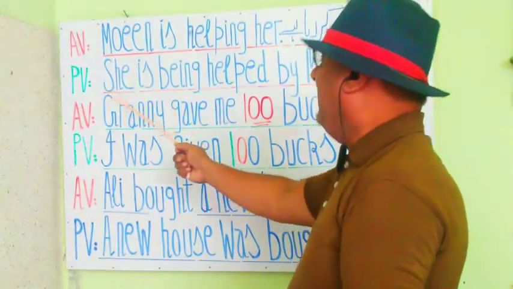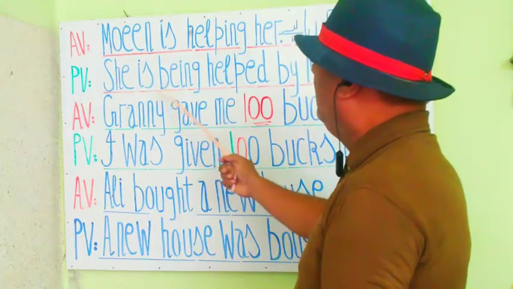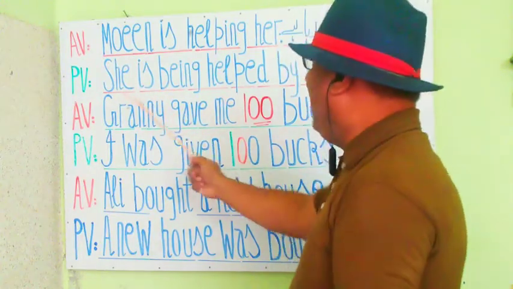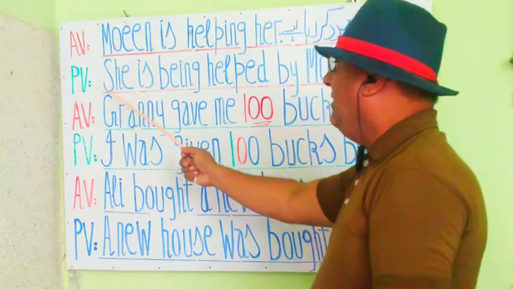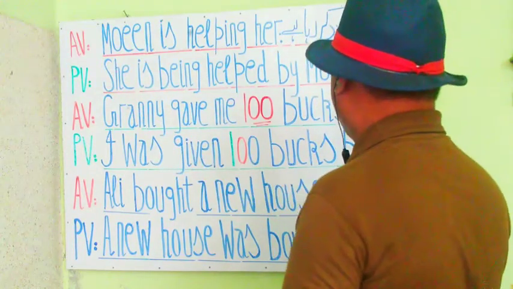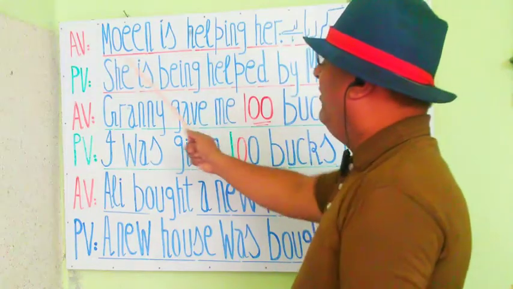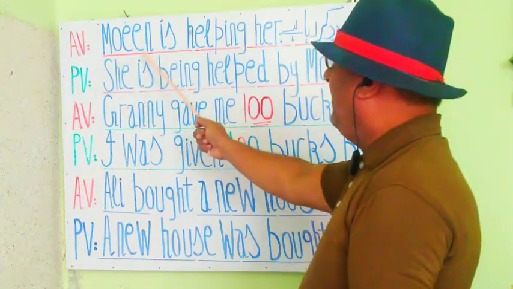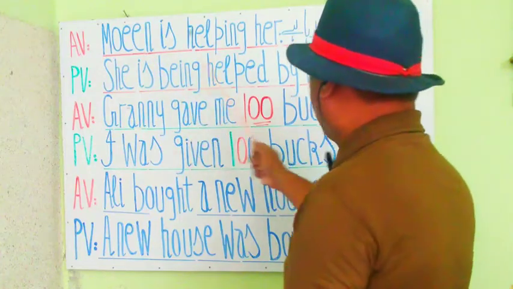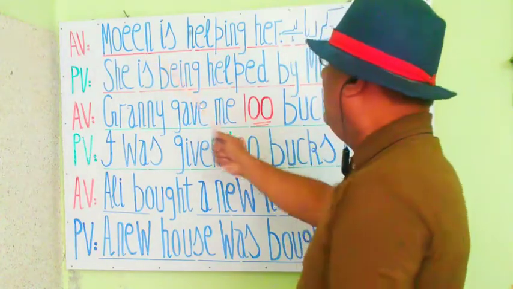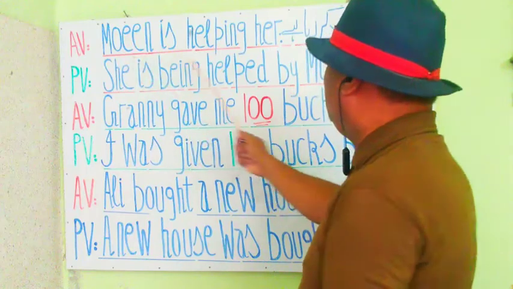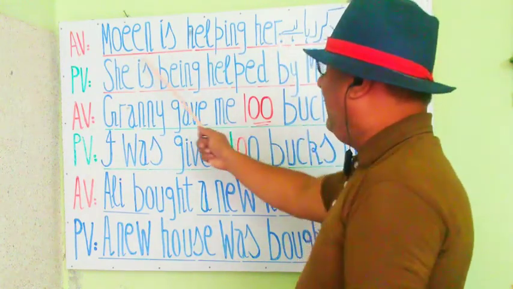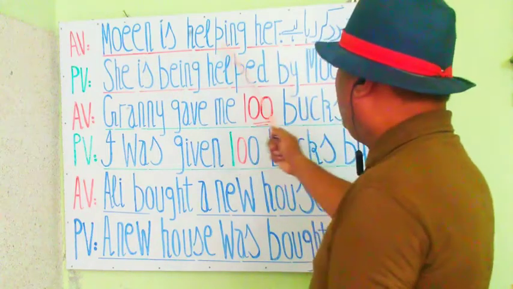You look here, that passive voice. You see here that she is being helped by me. Now you see that when we change the active to passive, first of all we replace subject and object with each other. We change the subject and object, and then according to the